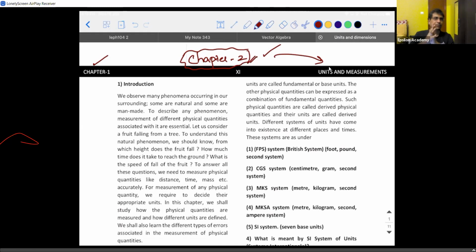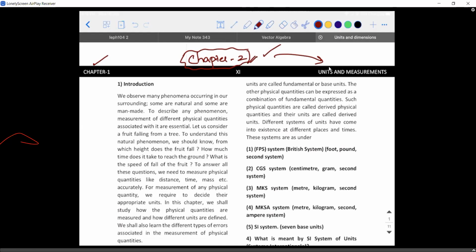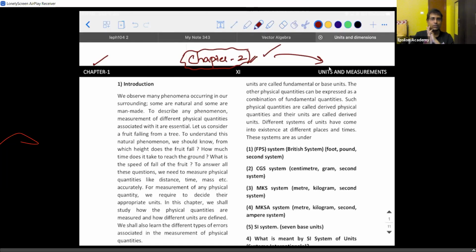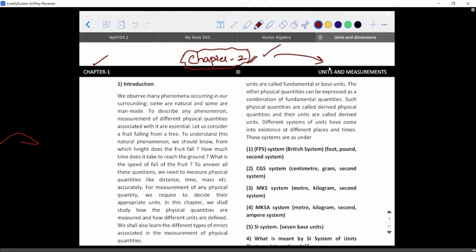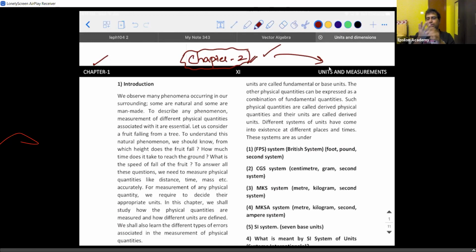So can you give me some practical examples which you do in your day-to-day life? I don't want a theoretical explanation. What do you do in your day-to-day life? What are all the measurements you do or you take? Like, when we measure the height of a person, we use the unit centimeter or meter, sir. Okay. So in that way we use units in our daily life. Units are something which are needed to support a parameter called measurement.